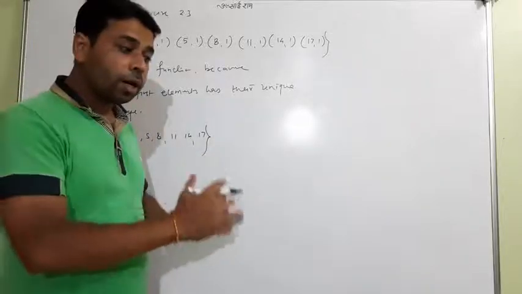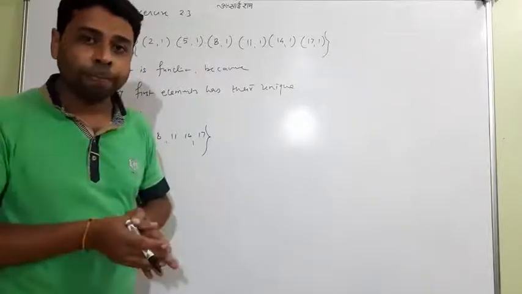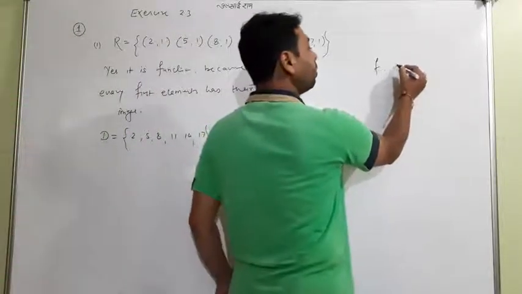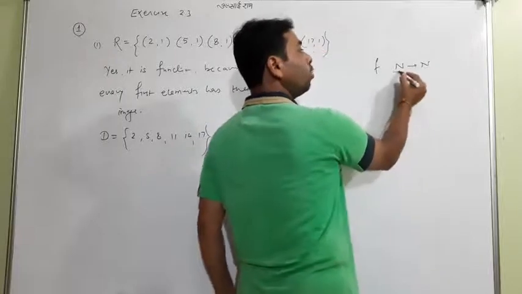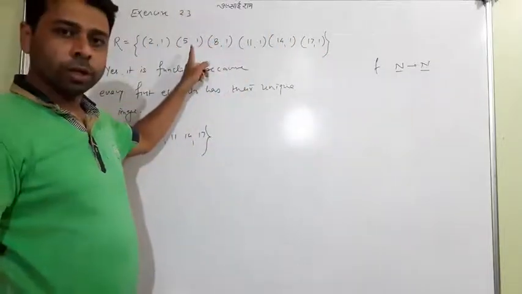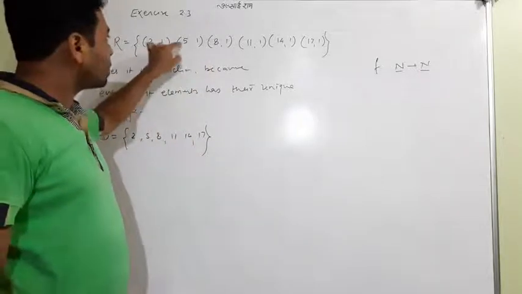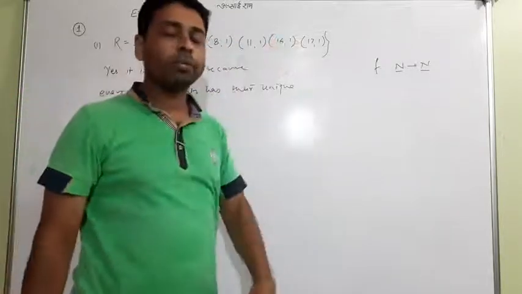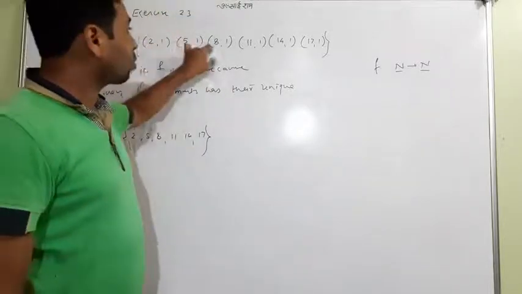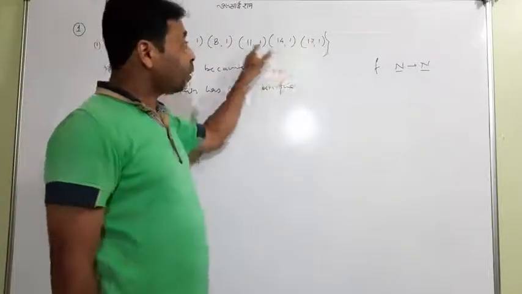We are not concerned about the codomain, until it is given. This kind of language is not given in the question. The domain we can identify because the first element is called the domain in the case of a function, and the second element is called the range.